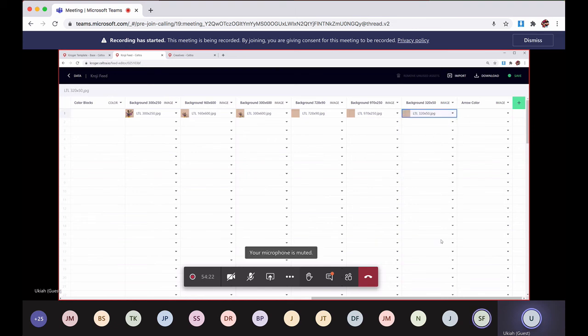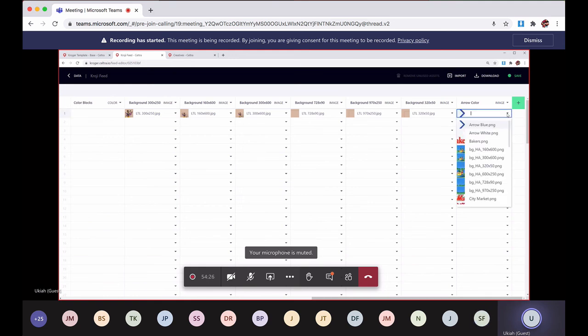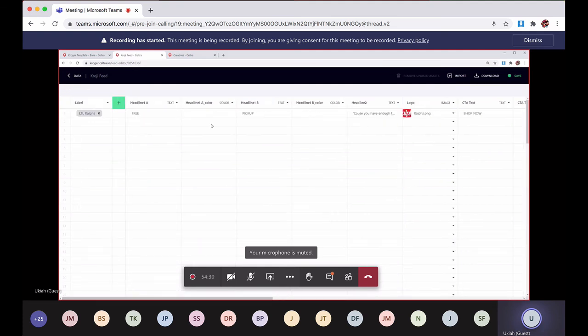Just keep following this out. And then for this one, since the color block is white, I'll use the blue arrow, and then we'll start addressing our colors here. So for this one, the headline one is going to be white. So that is